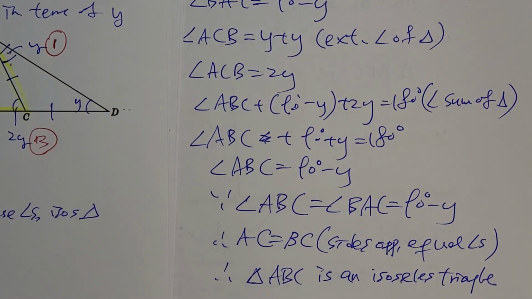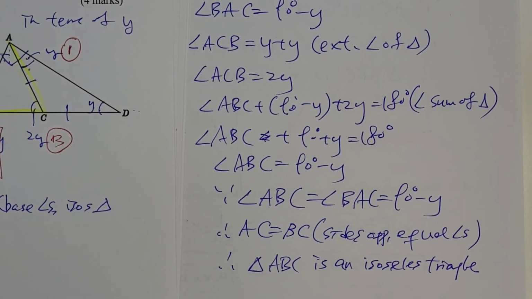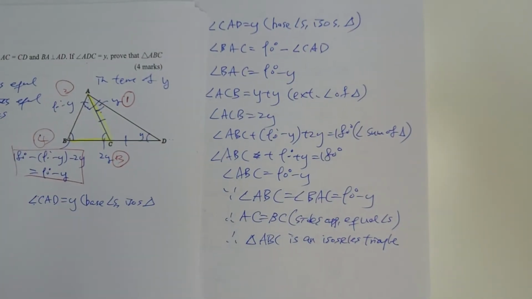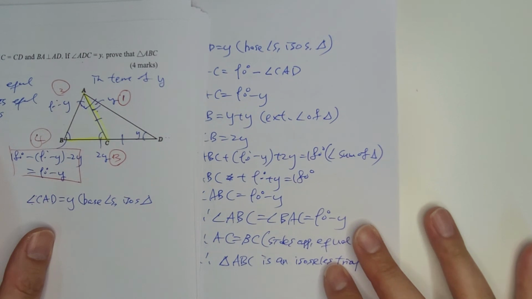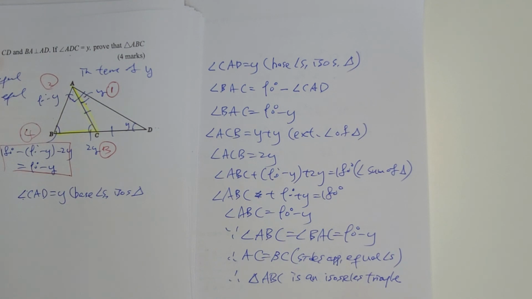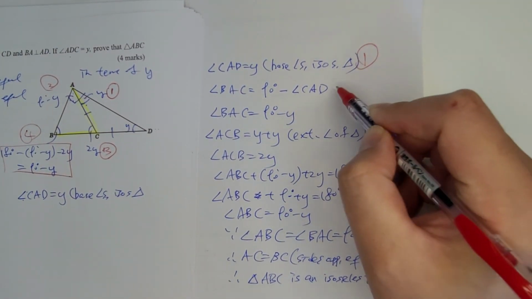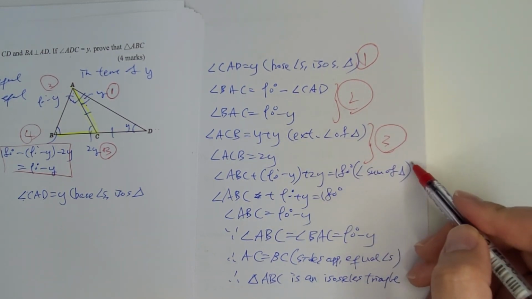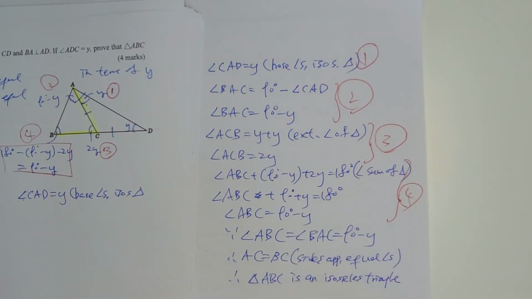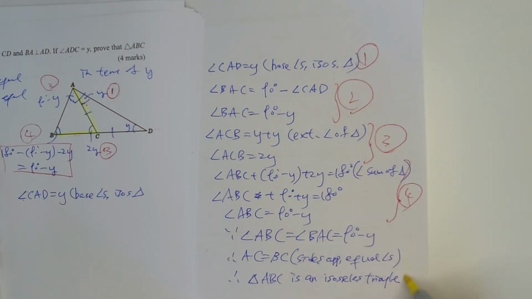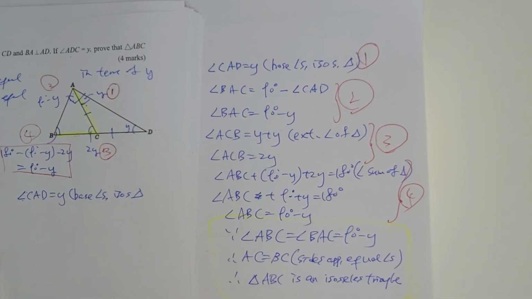So that's the whole proof. Okay, and I decrease the size of the camera so you can see the whole proof. That's the whole process of proof. Okay, there's 1, there's 2, there's 3, there's 4. Okay, finally you need to state, okay, these two angles are equal, so this is an isosceles triangle. That's the whole proof. And that's the end of this